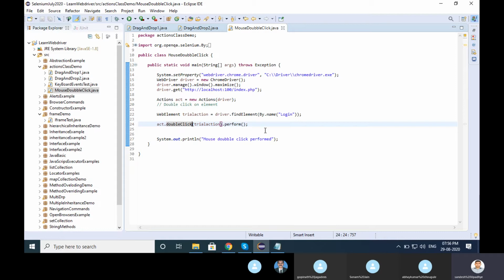For example, I have one list box and another list box, and I want to double click on the arrow button. Then you can go with the Action class. So based on your situation, you decide whether to use the Action class or not.